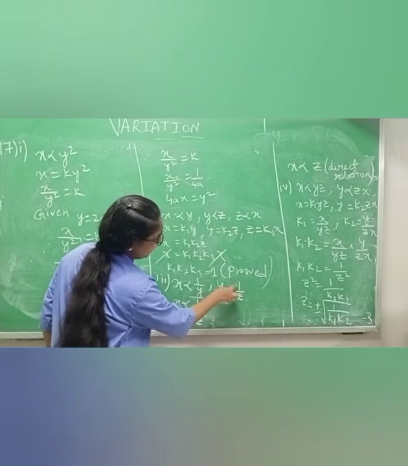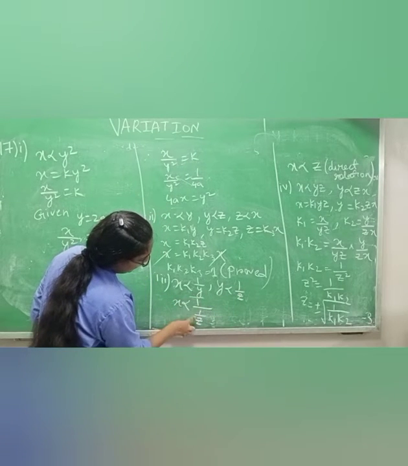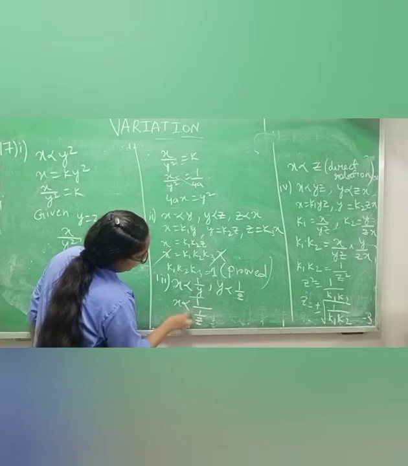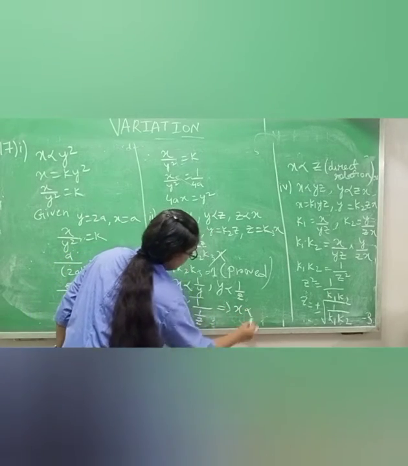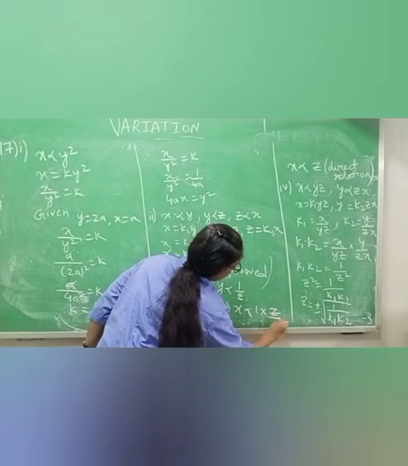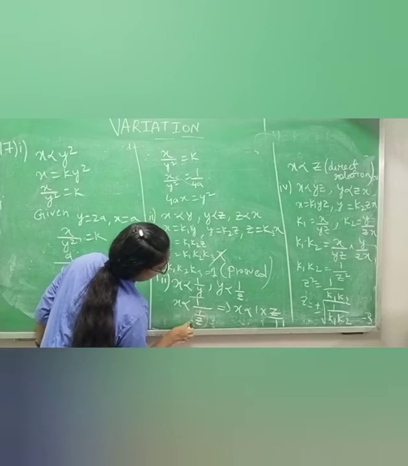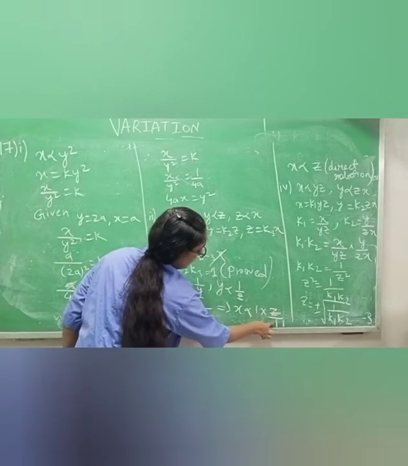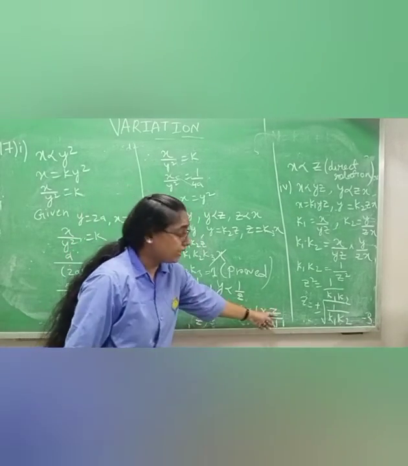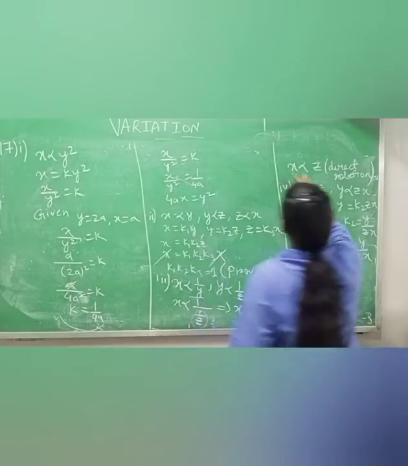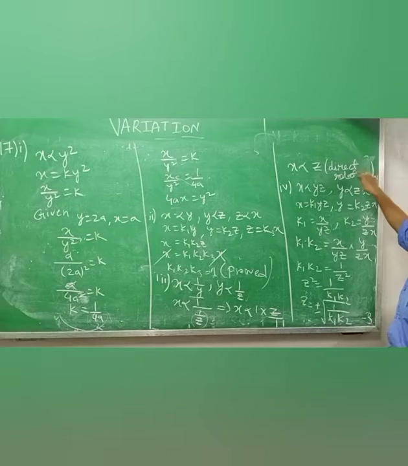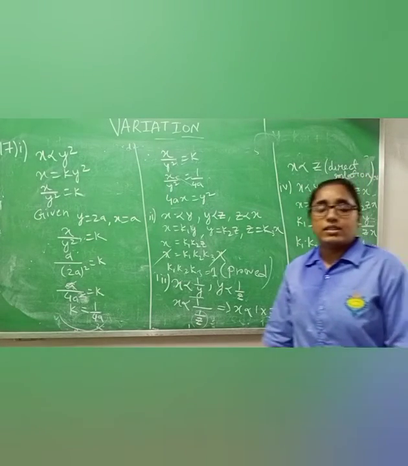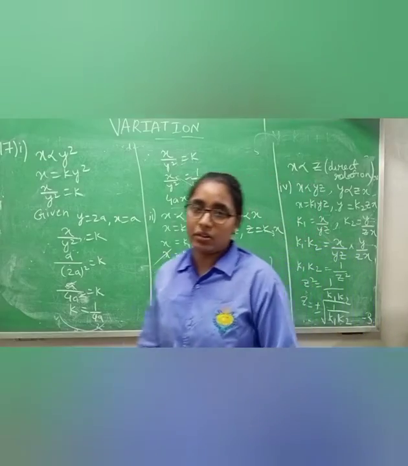So if y value is 1 by z, see, I am putting y value 1 by z. Now when you convert this one, x varies, it will come 1 into z by 1. Means when you do the inverse of this, z by 1 will come. So 1 into z, z only. So we are writing x varies directly with z. So what relation do we have? Direct relation, means the relationship between x and z is direct.